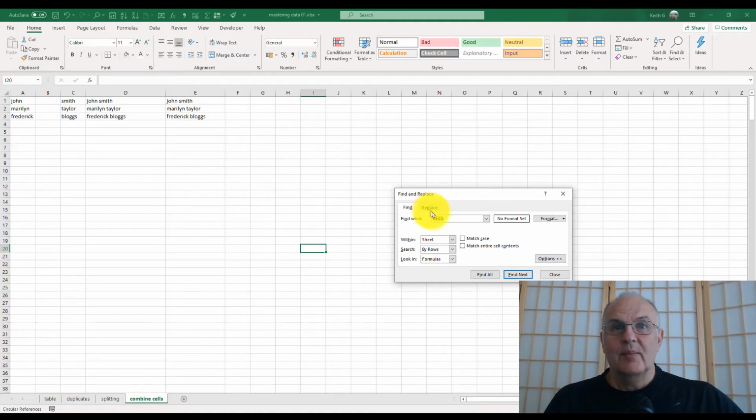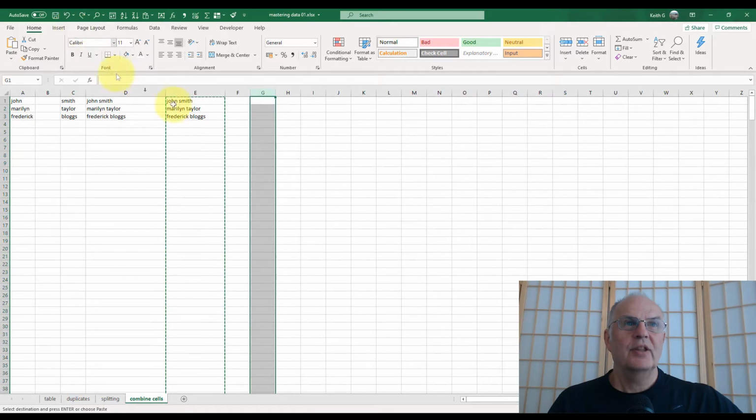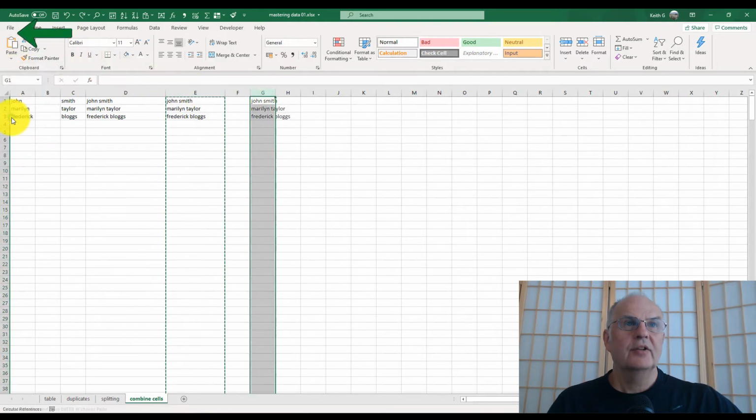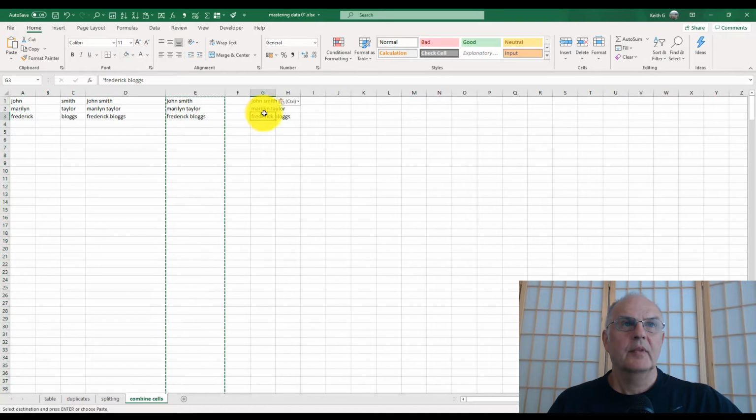And replace is something I use a lot actually. So let's copy this over as values. So copy there, paste values. Okay. So supposing I decided I didn't want a space between these, so all I do is I